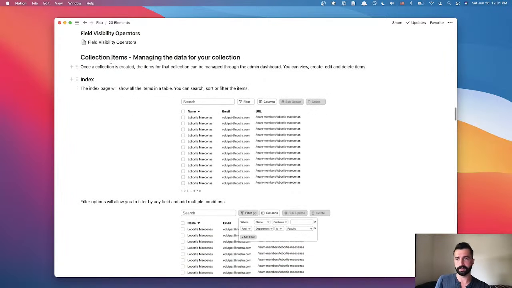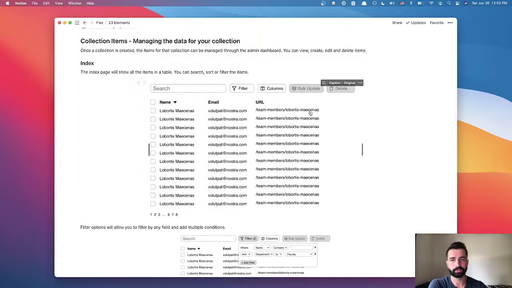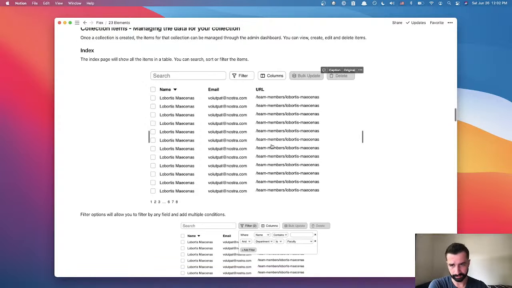Like I was saying, when you build a collection type, you now have a place in the dashboard to manage them. We'll have an index page, which will be your standard table. It's going to have your columns, your attributes, and then you can search, filter, manage the columns you want to show on there, bulk update, bulk delete, things like that. So just your standard index page CRUD.